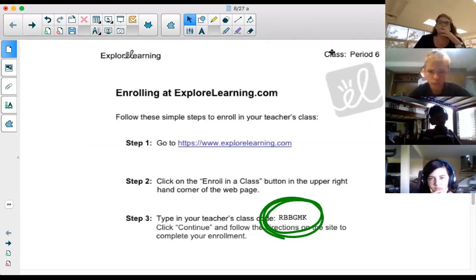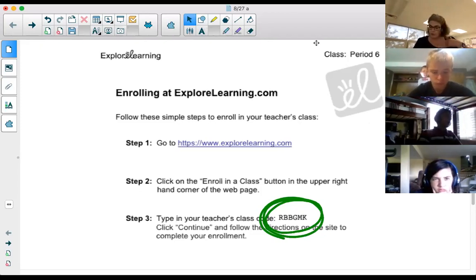Okay. And then in a couple minutes we'll check. It does take a little bit of time to get everybody into Gizmo, which doesn't make it the most fun class that we're going to have ever here. But it is important that we get everybody in. Okay. So we're just going to patiently wait and get